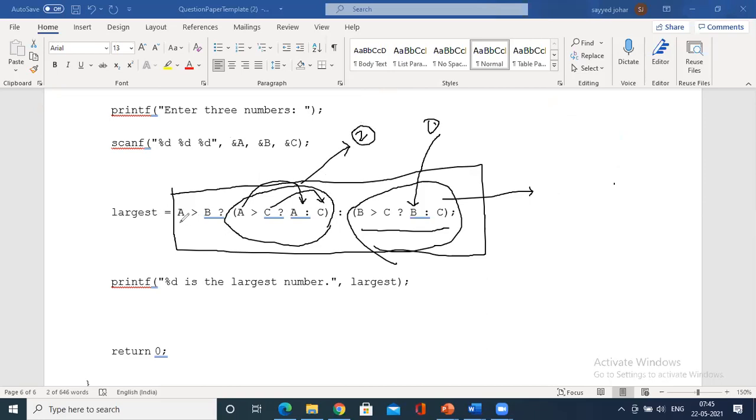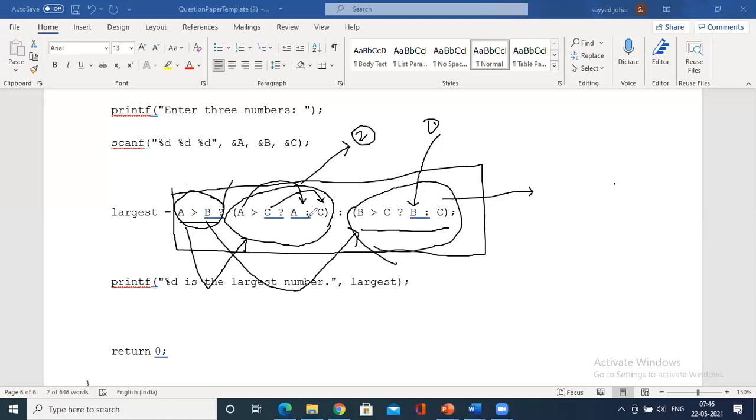If a is greater than b, this is c. Once again the question mark, this is one expression. If a is greater than b, which condition do you have to follow? If a is greater than b is true, you come to this oval. If it fails, you come to this oval. Now hope you are able to understand, right? If a is greater than b, you have a question mark over here. Altogether, this box is also a ternary operator.